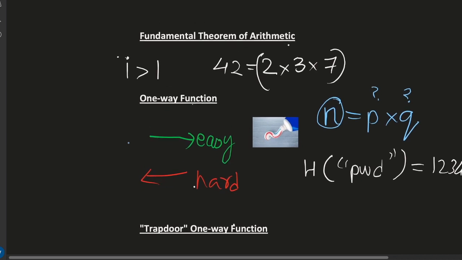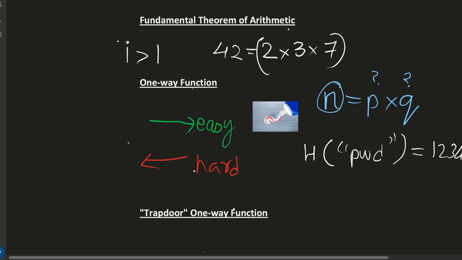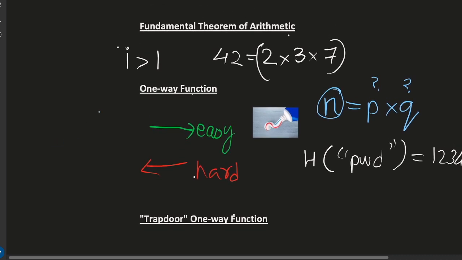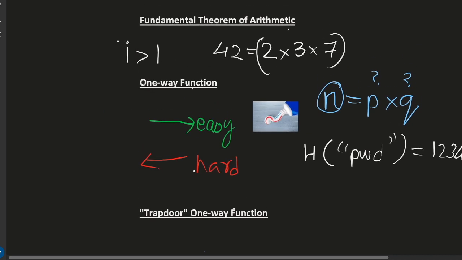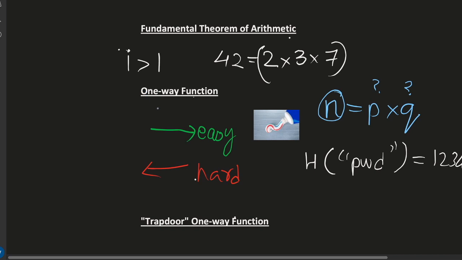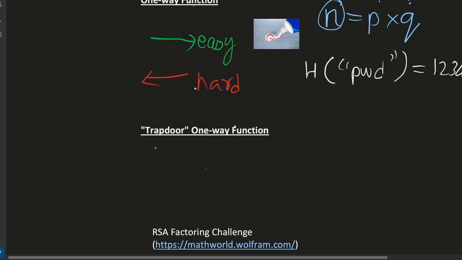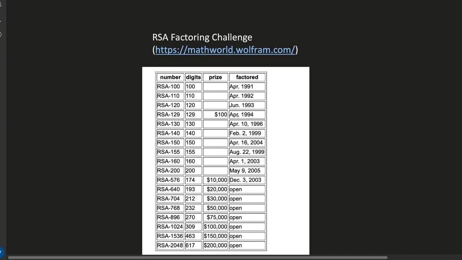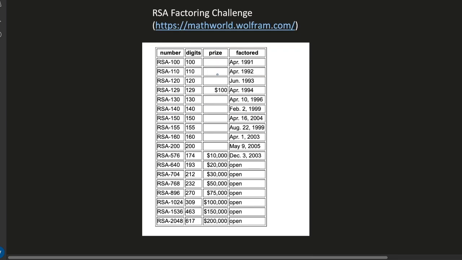Similarly, there's also another problem called the discrete log problem, and the Diffie-Hellman key exchange, which is another algorithm to exchange keys, wouldn't be secure if discrete log was actually solvable, I mean, easier to compute. Then let's talk about this. In fact, exactly what I was talking about was actually a challenge by the RSA lab. So all these that you see here, RSA 2048, all that, that's basically n.